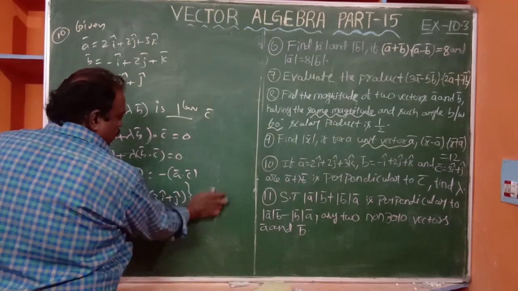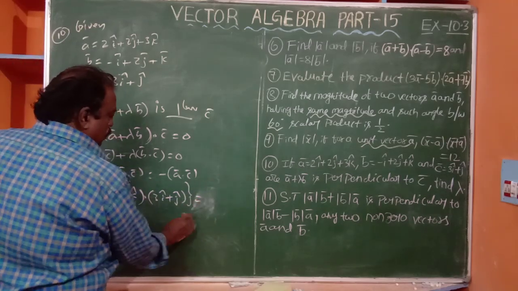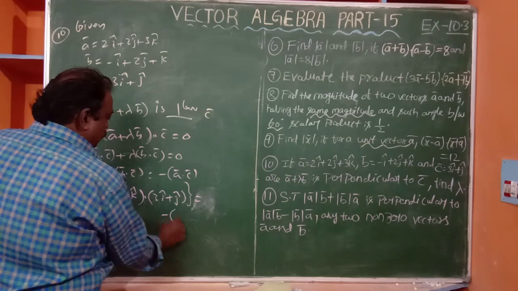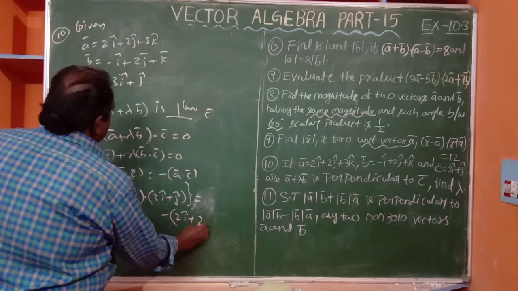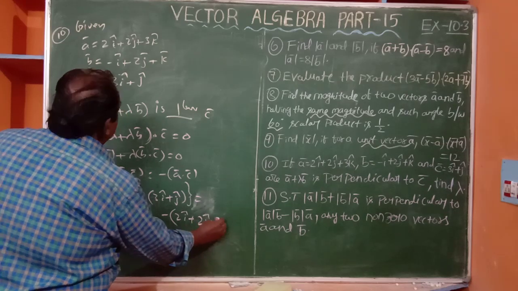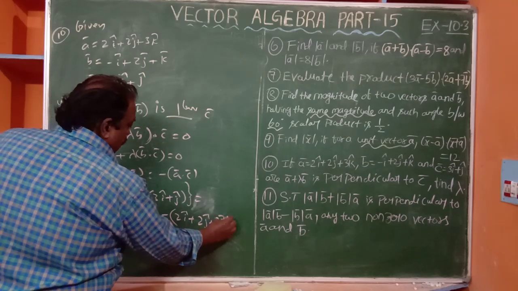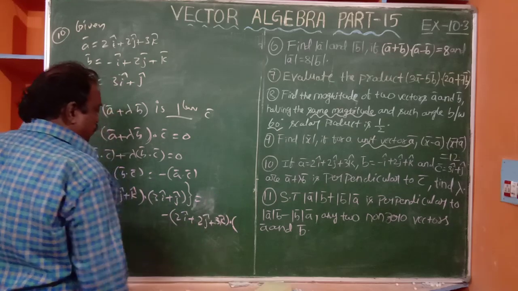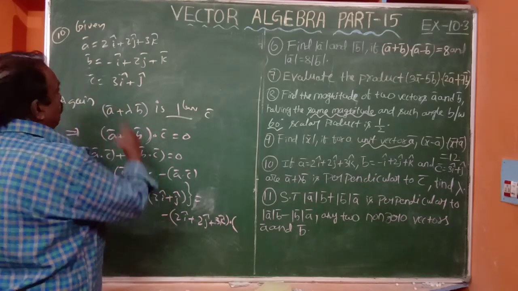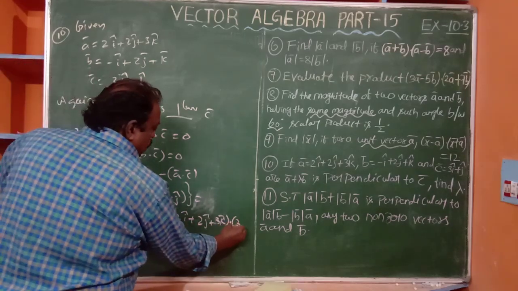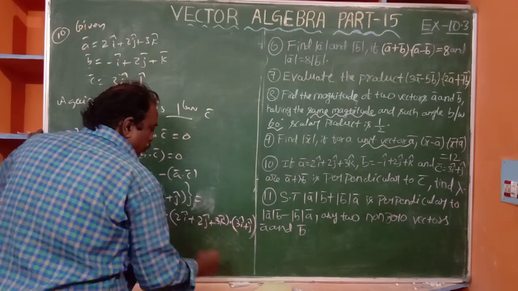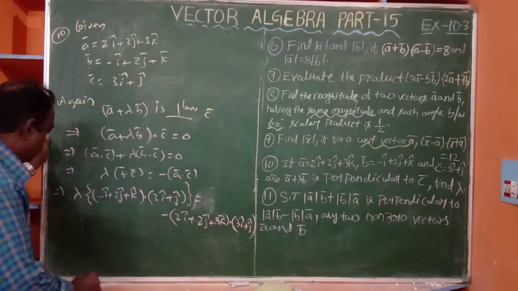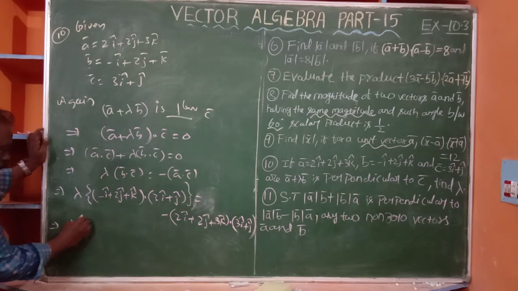I will write it here. It is minus a, meaning 2i plus 2j plus 3k dot c bar, which is 3i plus j. It is lambda of